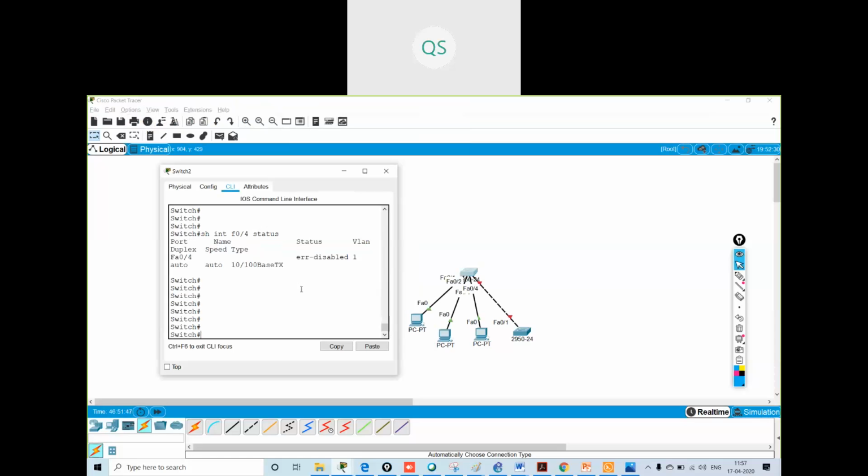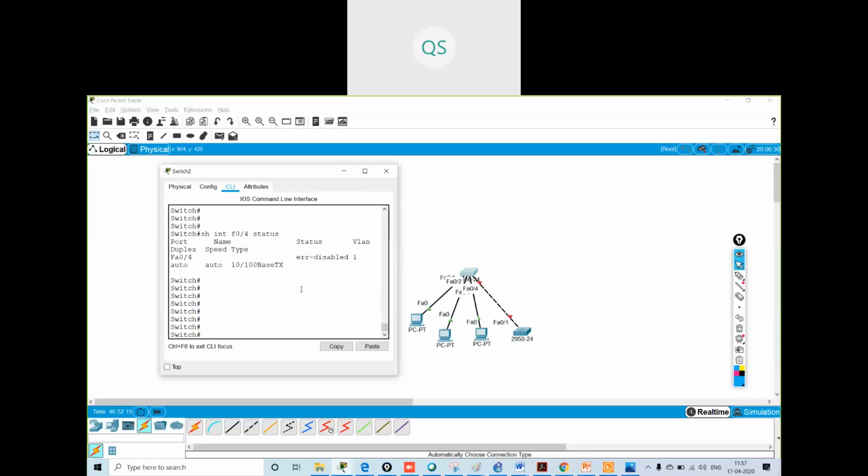We can use BPDU filtering, sir. See, spanning tree will not run then. If you attach any switch to the port fast port, it will not receive any BPDU messages. So how will the spanning tree run? How are elections done?